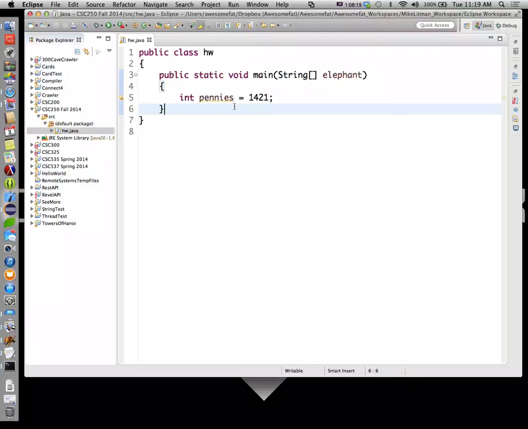Quarters is, there's only 21 cents left after dollars, right? So quarters is 0. Dimes is 2. Nickels is 0. Pennies is 1. That's the most efficient way of breaking pennies down into our denominations, where the biggest denomination we'll use is dollars. That makes sense? So for this example, it should print out dollars 14,